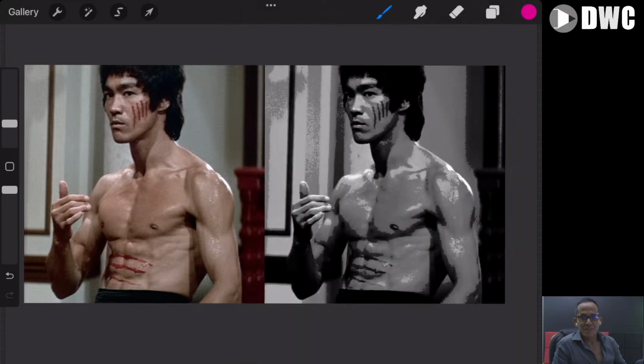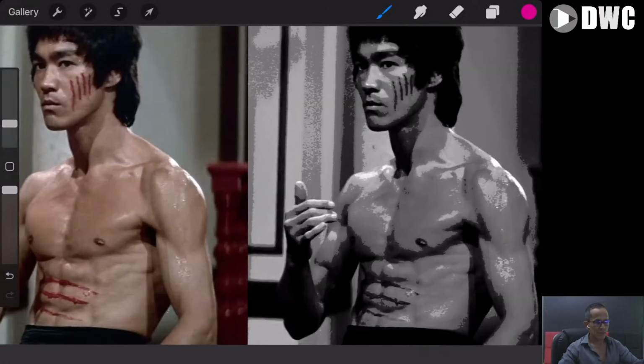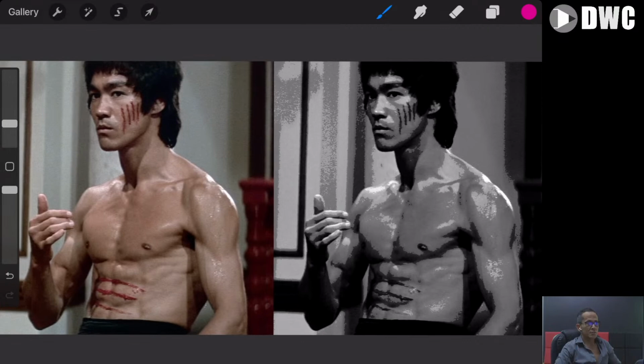Okay, let's examine the light, because this is obviously necessary for us to understand what the light is doing, where it is, what type of light it is, what direction it's coming from, how strong it is. So we have to look at our model, our reference, and then start to get an understanding of the light. So if we look over here,